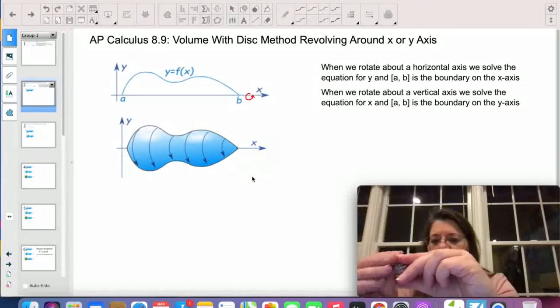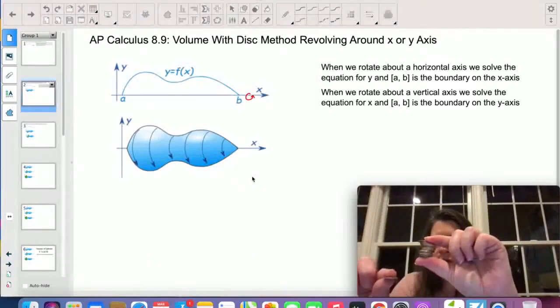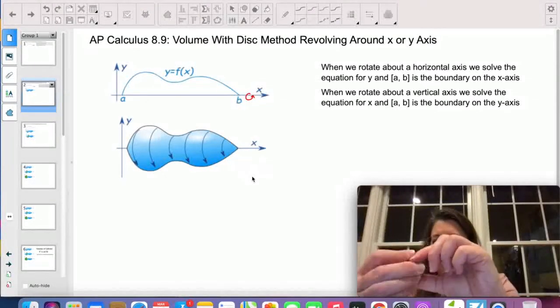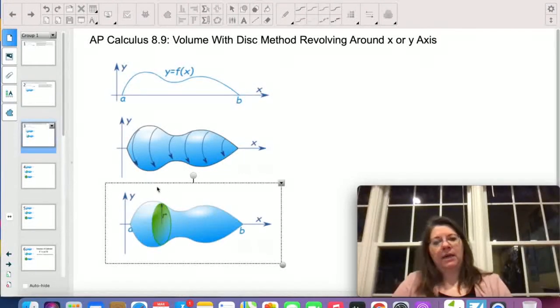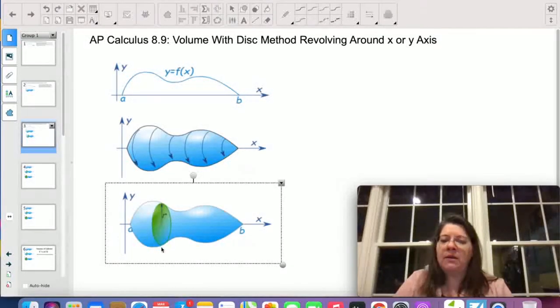So it's like we're taking out a little slice, finding what its volume is, and then adding it together with all of these other little volumes to get our final answer. So here is the idea. This right here would be one of those little cylinders. And if you think about the volume for a cylinder, or if you just think about